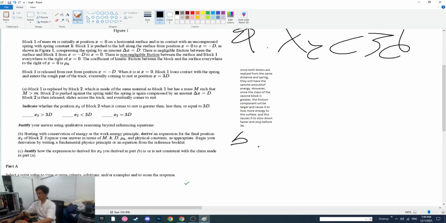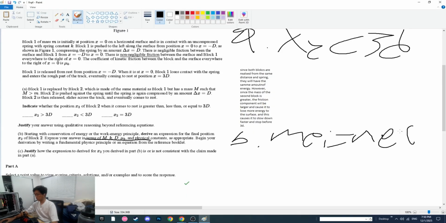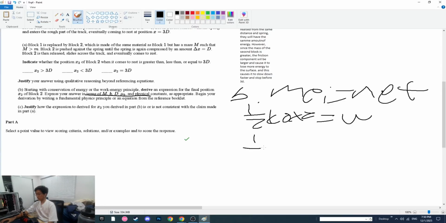For part B, we're asked to, starting with the conservation of energy or work energy principle, derive an equation for the position x2, and we express it in these constants and variables. We can start with MEI equals MEF. So we have a spring, so we start with the potential energy of the spring, and that's 1/2 k delta x squared equals, and it's doing work on a thing, and work is equal to